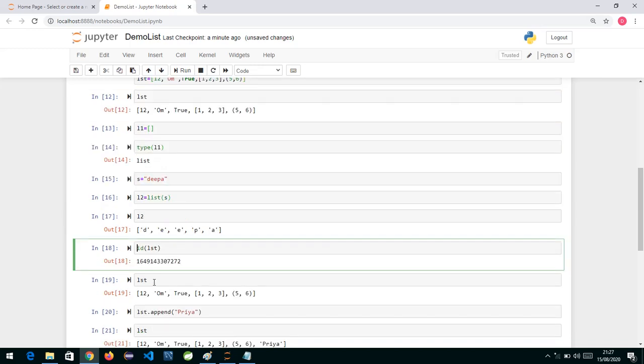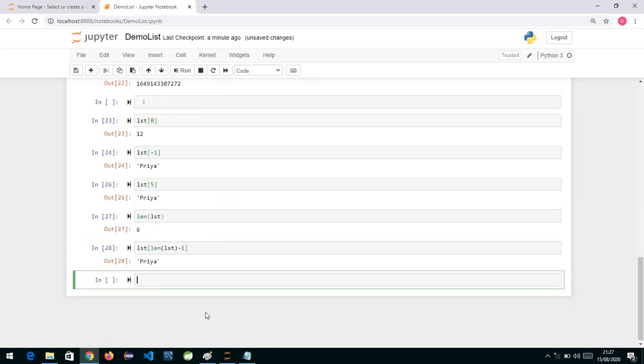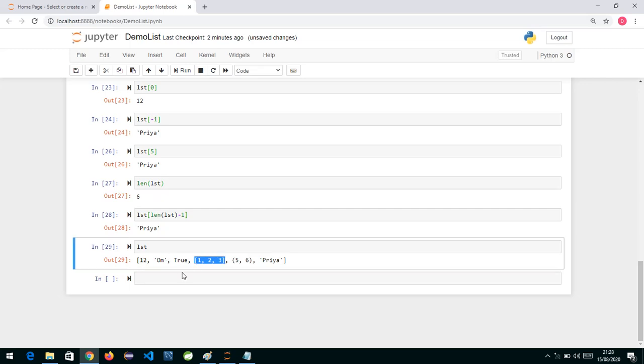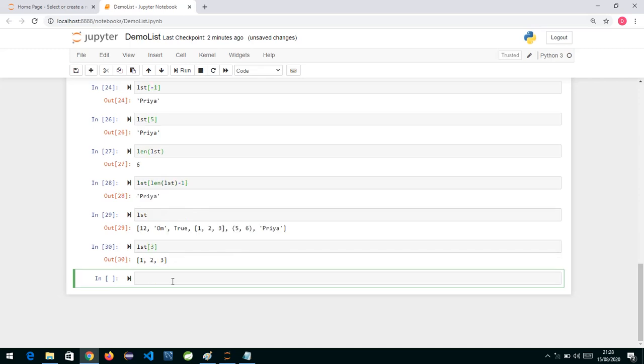Now if I want to access this 1 2 3 4, this is a nested element. Okay, so this is 0 1 2 3. I'll just print the list over here first of all, LST. Now if I want to get this nested list, 0 1 2 3, I'll say LST of 3 over here, and it is going to give you the nested list, that is 1 2 3. Now from this, if I want to access 2, what we can write is LST in square brackets, first 3 and then the index of 2. So this is going to return you the list over here.